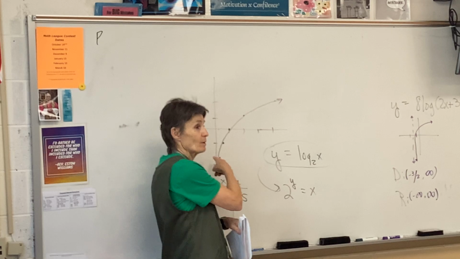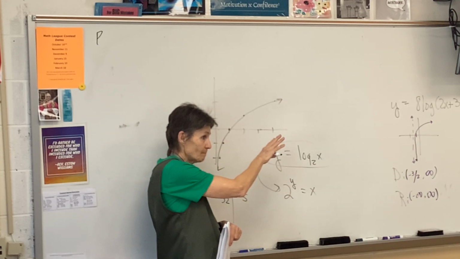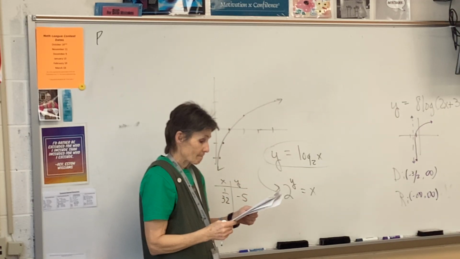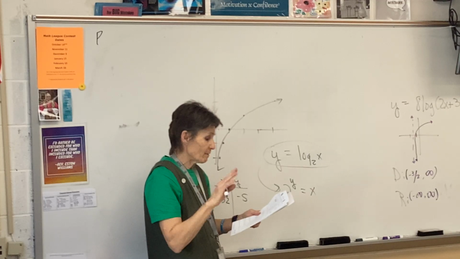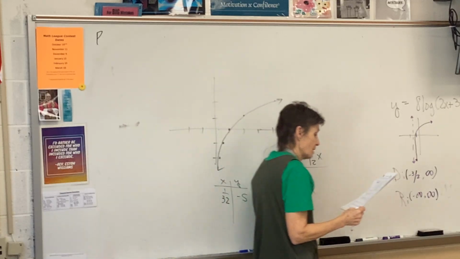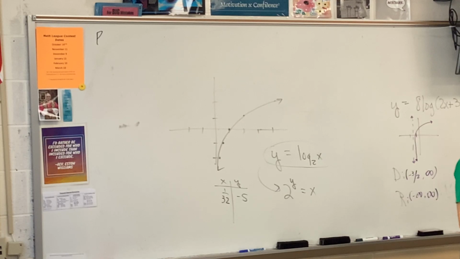All right, what's the domain and range of your function? Domain is 0, infinity, and range is all of it. Number 3 we've already talked about, it's the inverse. All right, number 4. The graphs of 3 parent log functions are shown below. What do all of these graphs have in common? Well, what are some things they all have in common? They all contain the point 1, 0, which makes perfectly good sense